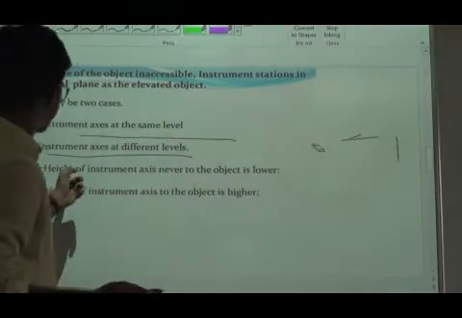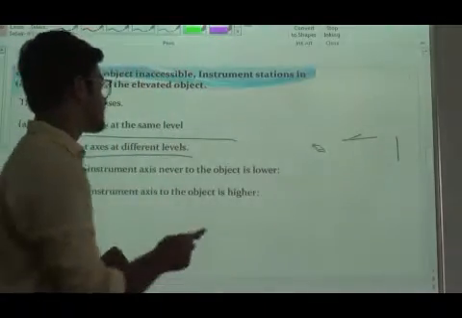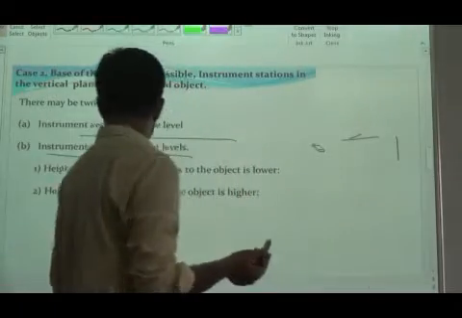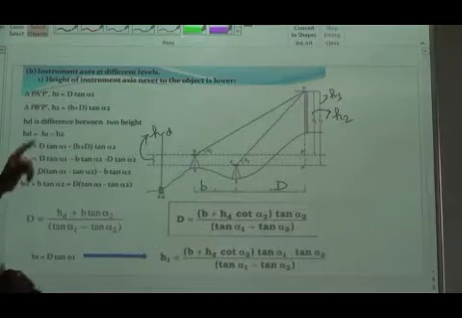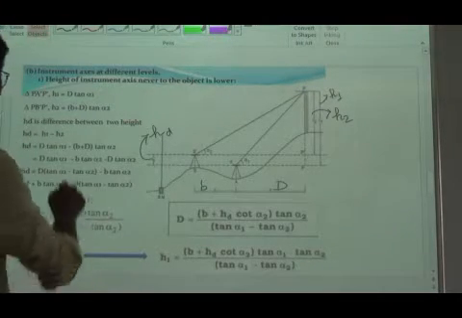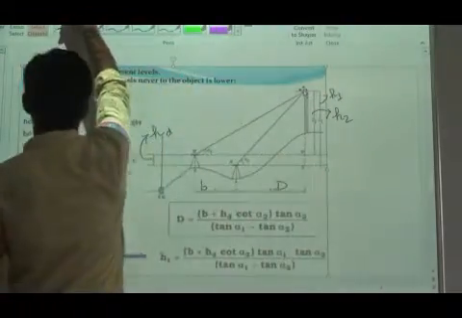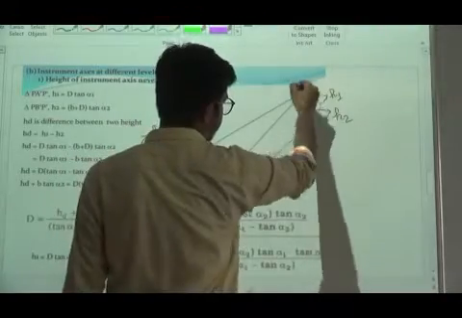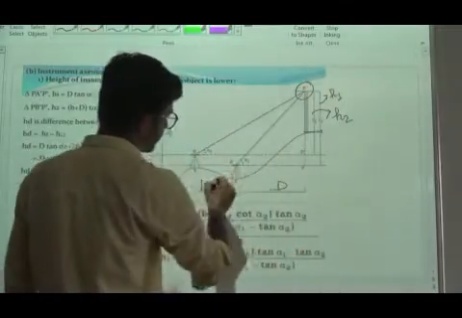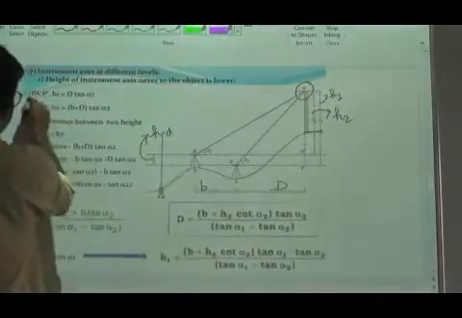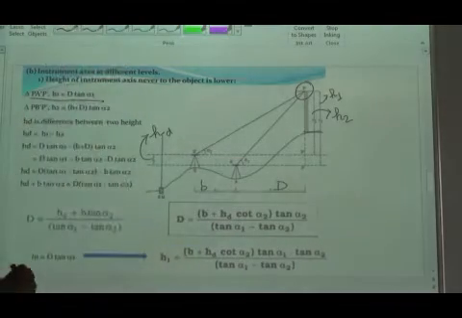The first case is when the height of instrument is lower: the first instrument is set up higher in this position and the second instrument is set up lower compared to that. Now considering the first case, here we have two triangles. We have to measure this height P from here. So the first triangle is P A dash P, in which H1 will be equal to D tan alpha, as we have calculated earlier,